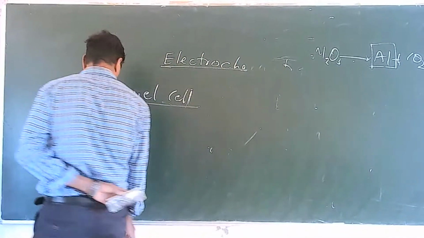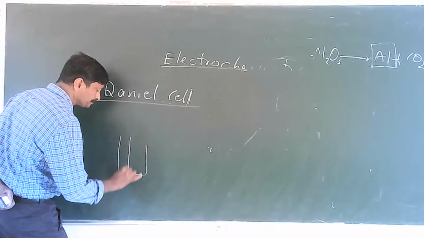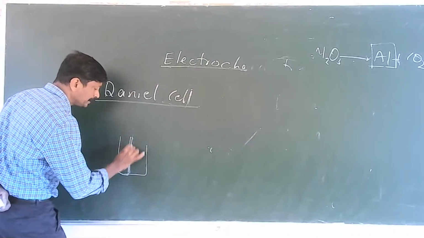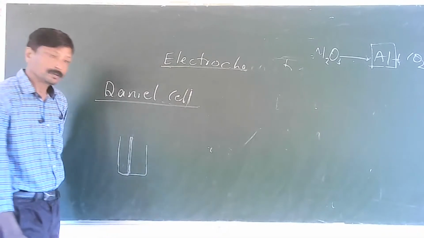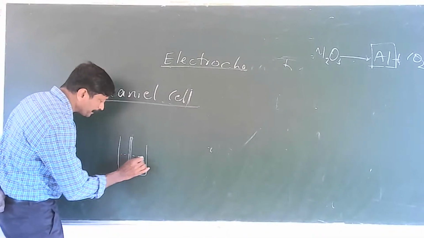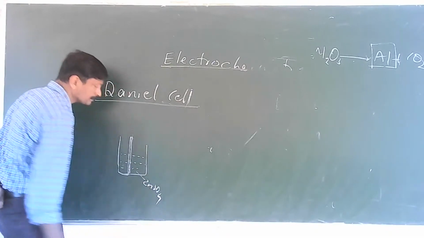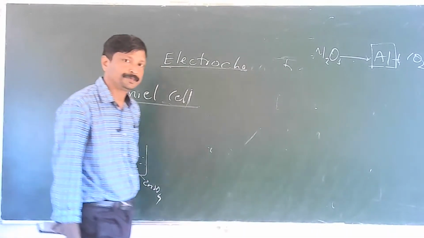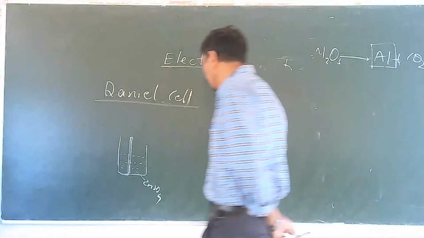So what does the Daniell cell consist of? The Daniell cell consists of a zinc rod dipped in a ZnSO4 zinc sulfate solution. And another is